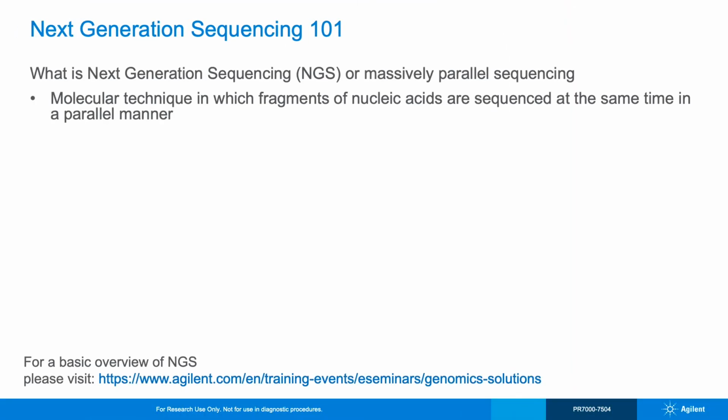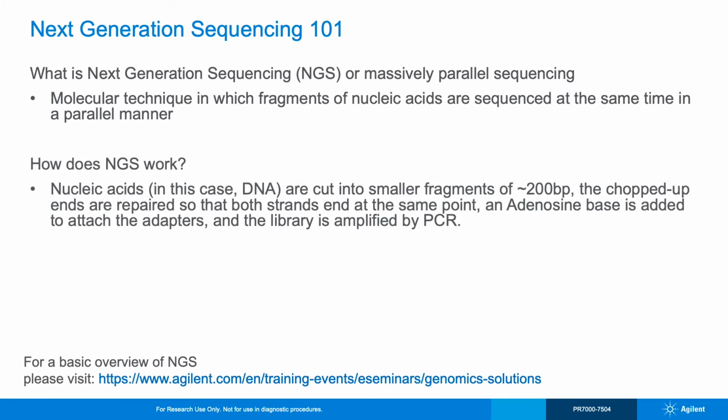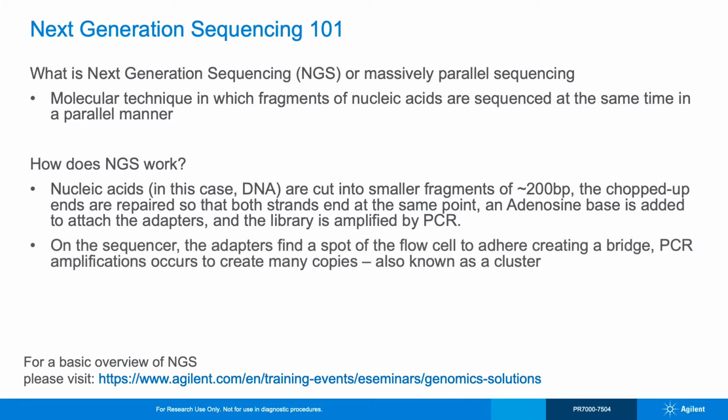Next-generation sequencing is also known as massively parallel sequencing because nucleic acid fragments are sequenced at the same time in a parallel manner. To perform next-generation sequencing, nucleic acids are cut into smaller pieces of about 200 base pairs. The jagged ends are repaired so that both strands end at the same point. An adenosine base is added to the blunt end so that a sequencing adapter, index, and barcode can be added to the fragment. Adding unique indexes to a sample identifies it throughout the process so that many samples can be